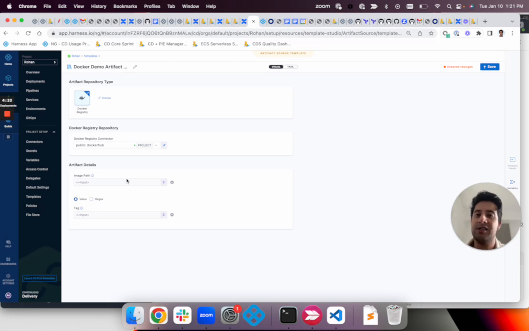So the developer doesn't need to know what connector they're using. They just need to know that this is a connector that my platform team or my main team provided me, and I just need to provide a path and the tag for that image. Or I don't even need to. I'll just compute those at runtime. Either way,